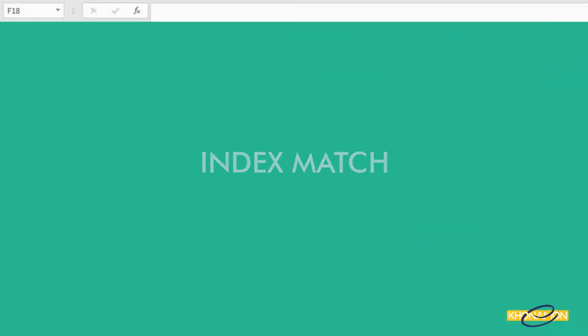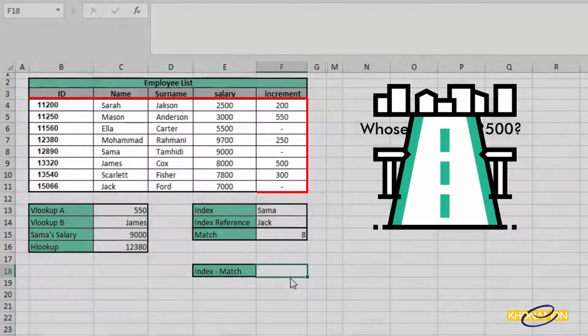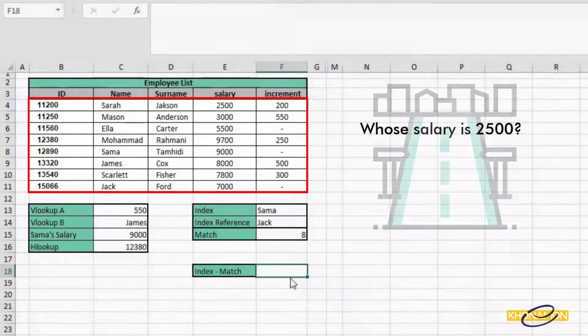Index match. Index match is widely used in Excel. We have a table. Now find me the person whose salary is 2,500. In this way, we know the range. In exact match, we knew the range. You remember this? It is the range. Then we have the value